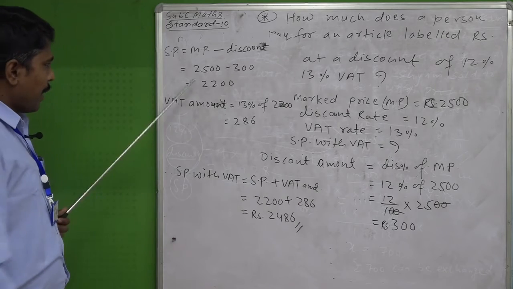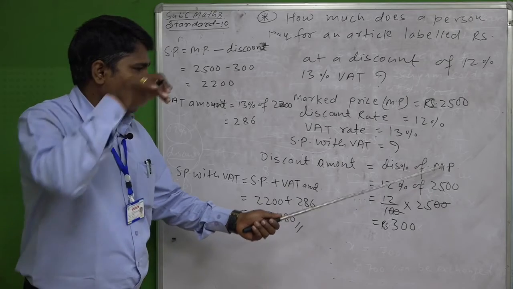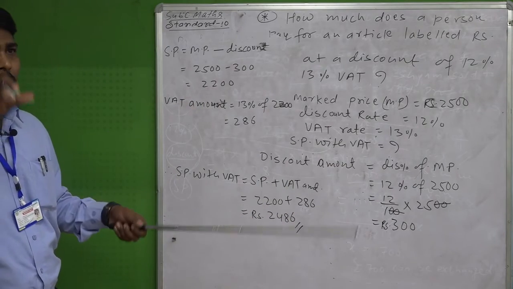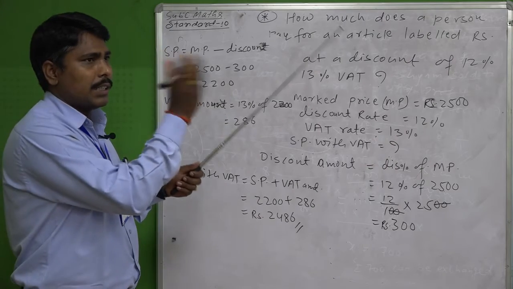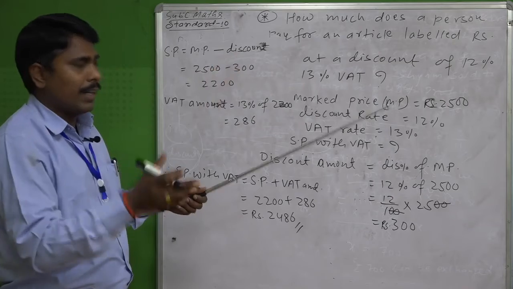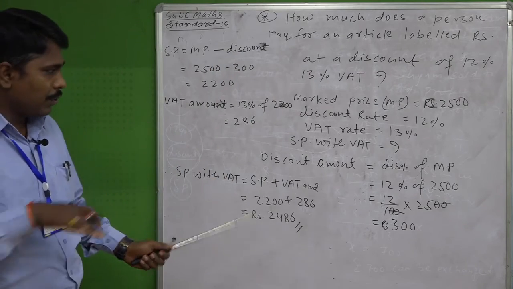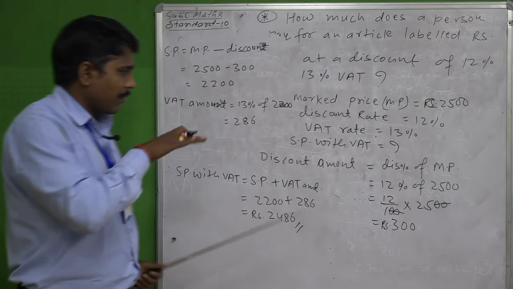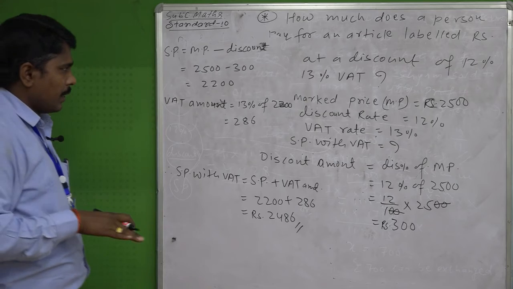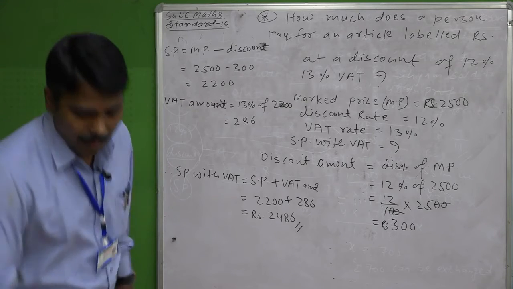And by that forward and backward calculation, you can also find it. Marked price is given, discount means what? Suppose CP is given, there is a loss, and we have to find the SP. Then CP is written, CP less 10%, suppose 90 divided by 100, and you get the SP. That type of method you can also use here. If you forgot the formula, you can still find the discount amount and SP, whatever you are trying to find. In this way you can solve these types of problems, okay.